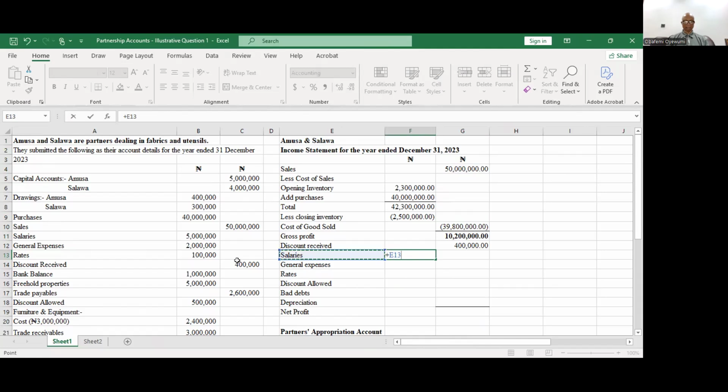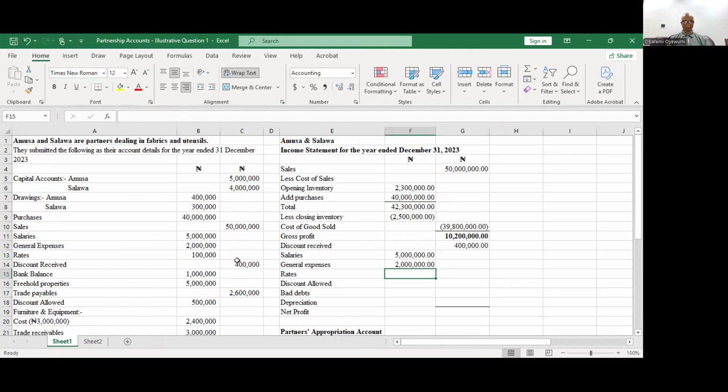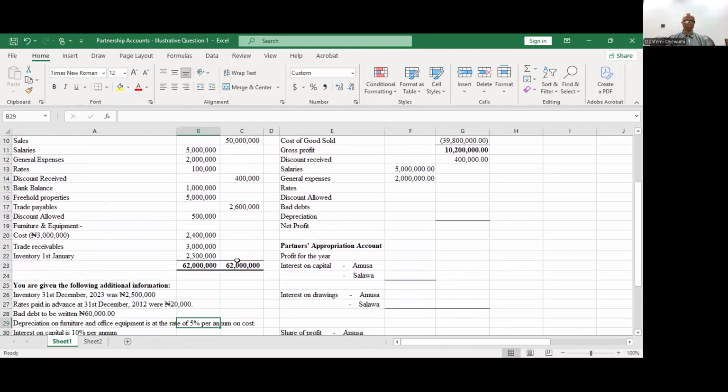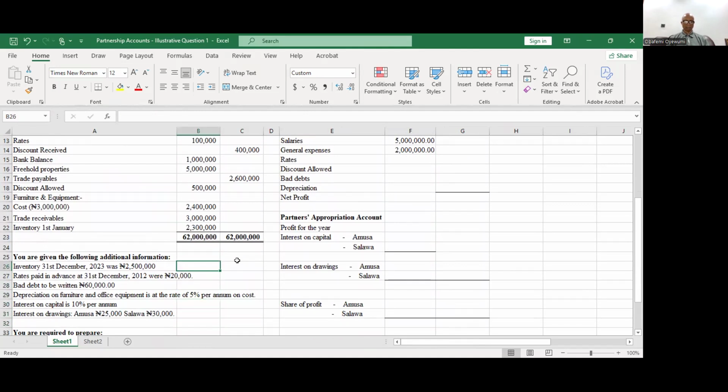Let's go to our salaries and see how much we have. Our salaries are 5 million. How much do we have as general expenses? 2 million. And then we have rates. Let's look at rates. We have rates of 100,000. But please, when you are solving a question, you must also look at what you have as